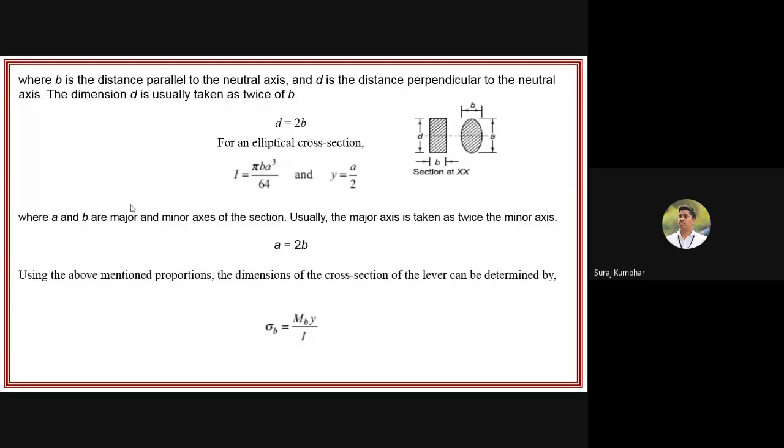Most important is to remember the formulas and how they come. Once you get how they come, it is not difficult to solve the problem. Now the next step, that is step 3, the last one, the design of a fulcrum pin. We have seen in step 1 the force analysis, in step 2 the design of the arms, and the third step is the design of the fulcrum pin. That is the last step.